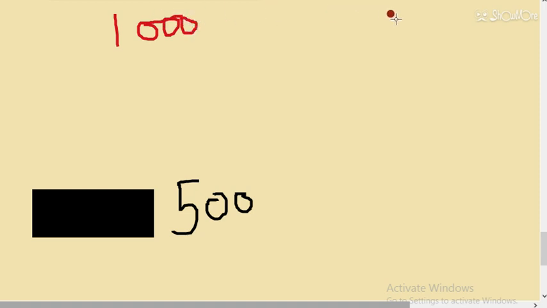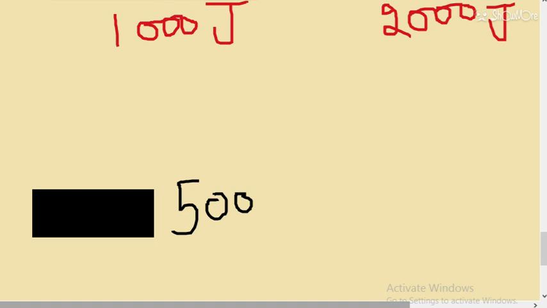Now let's take one more example. Take the work function as 500. Firstly I incident radiation of 1000 joules on the metal, and in the second case I incident radiation of 2000 joules. These are very important concepts. If you listen to it, all the doubts will be cleared, and two incident radiations are there.